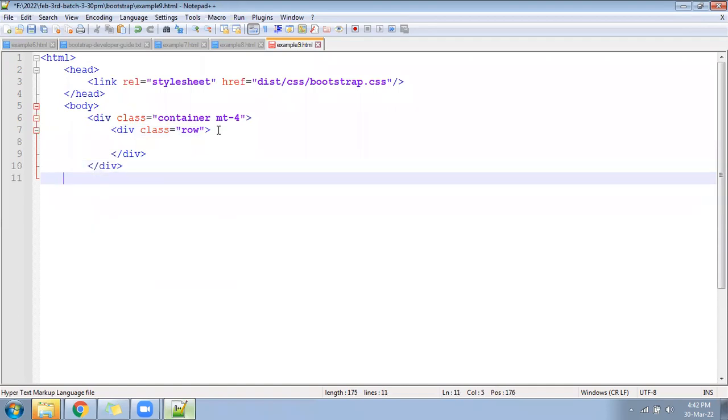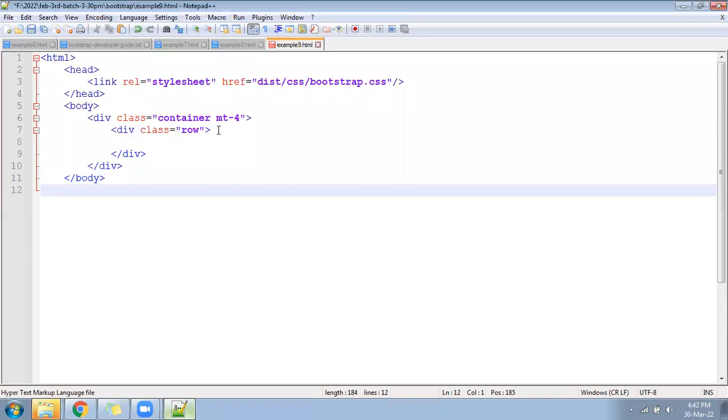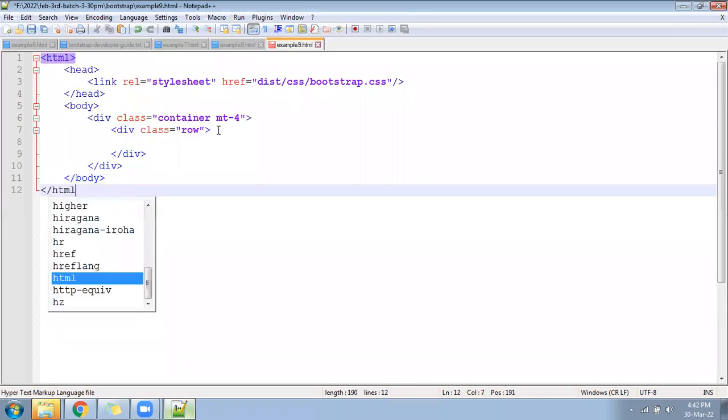Follow this. Close the body tag. Close the HTML.